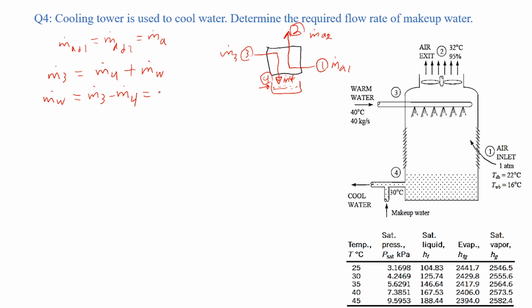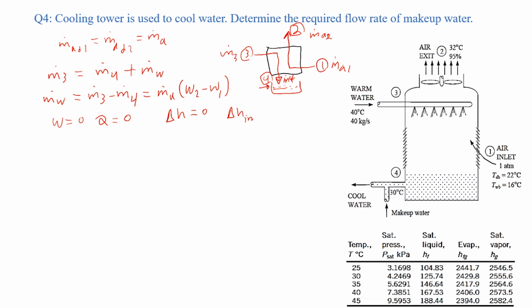So mass of water is mass of air multiplied by delta omega, which is omega 2 minus omega 1, since the air will be uploaded with the evaporated water. For the energy balance, we assume that the work equals 0 and the heat transfer equals 0. So from the first law of thermodynamics for an open cycle, we will have the enthalpy balance equals 0, meaning that enthalpy